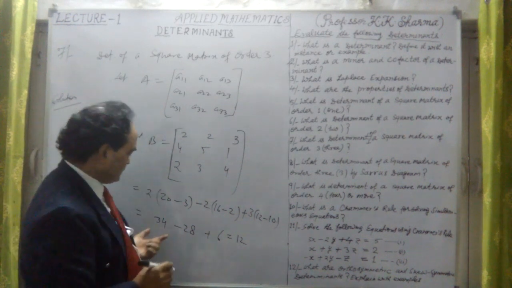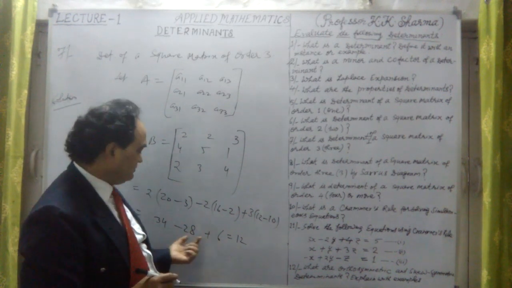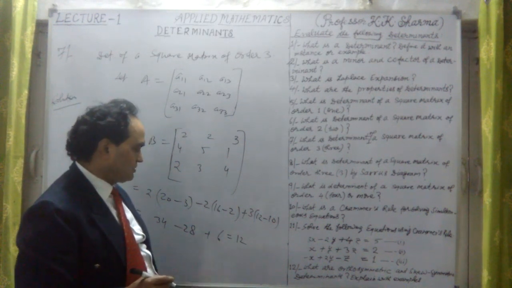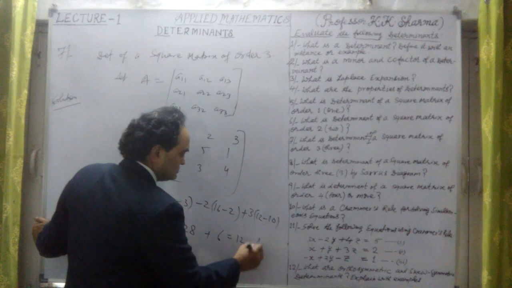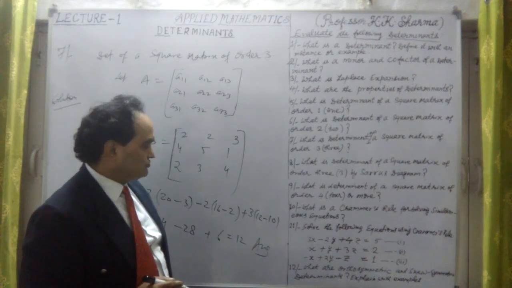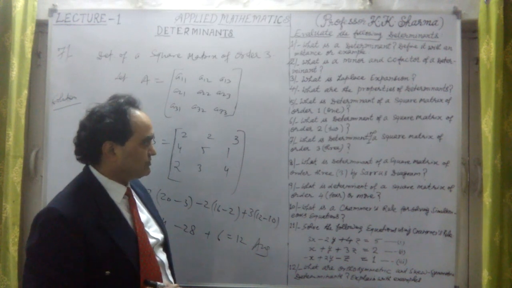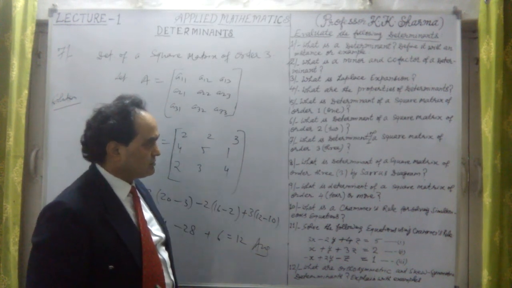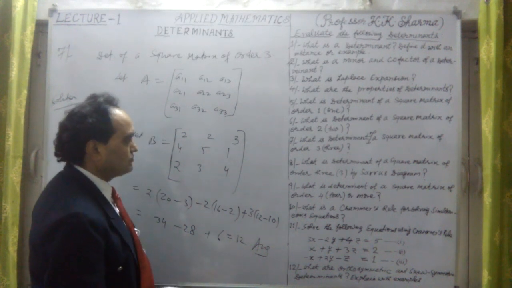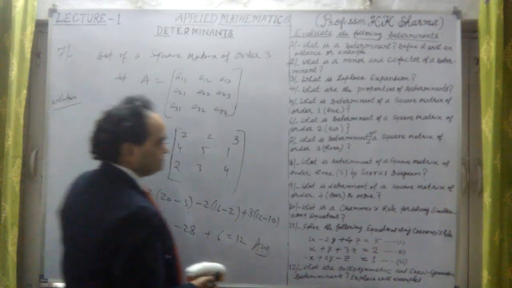This is how the determinant of a square matrix of order 3 is calculated. Now let us talk about square matrices of order 4 and more. What is